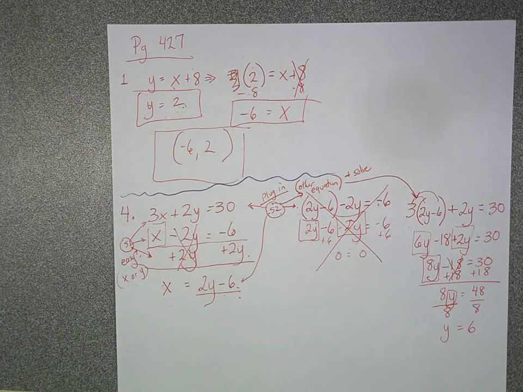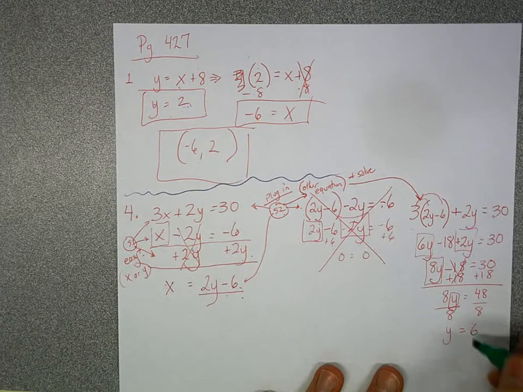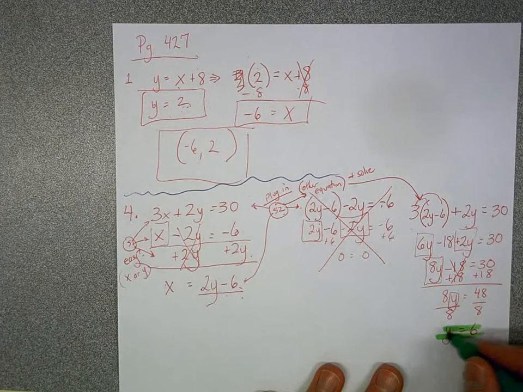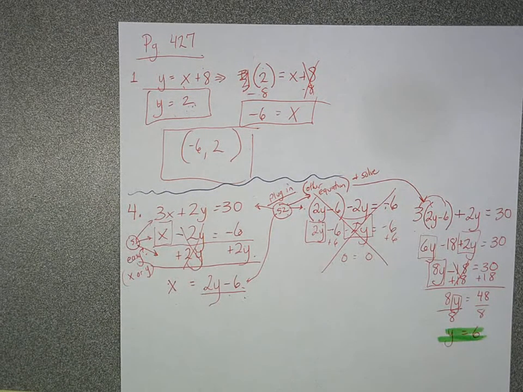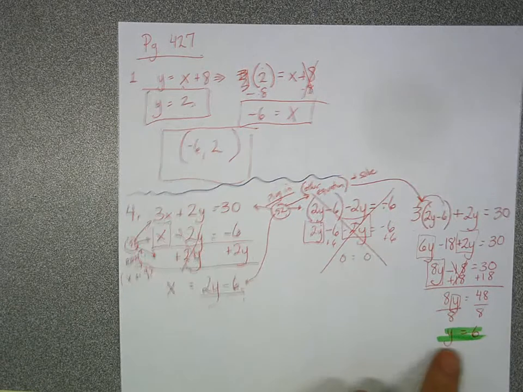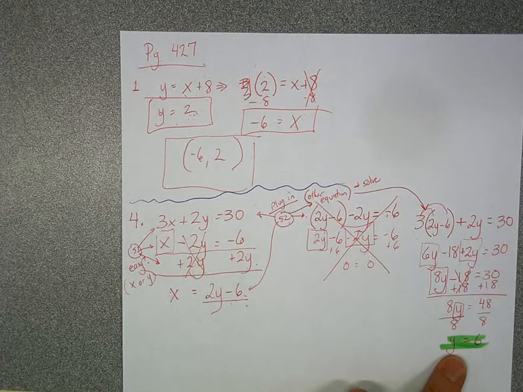Now, here's what I would recommend that you do. You don't have to do that. You can box it in with your pencil if you'd like. There's a lot of boxing and kind of organization going on. Once you find out what your one variable is, or your one part of your ordered pair, I would highlight it, or I would do something with it to make sure it stands out. Now that we have y, on this one,